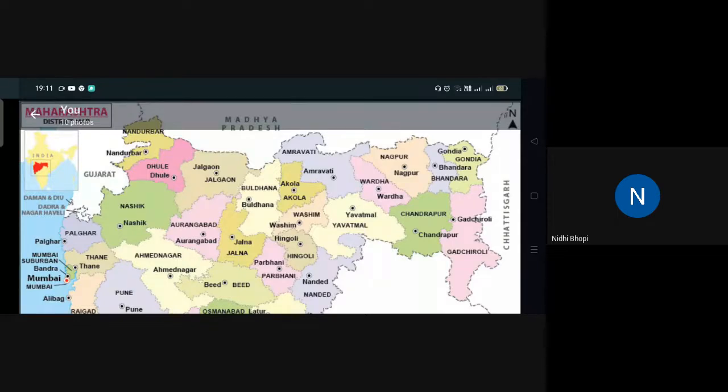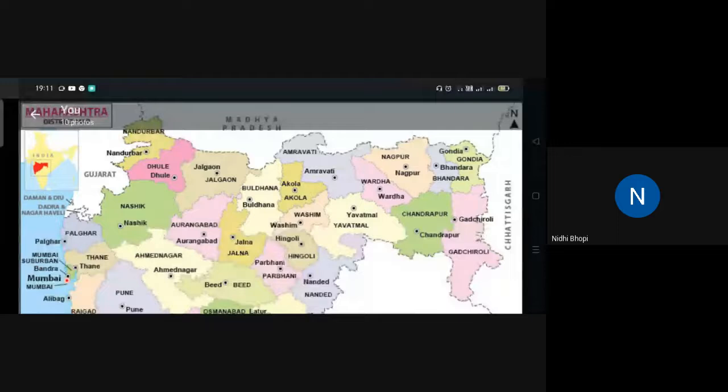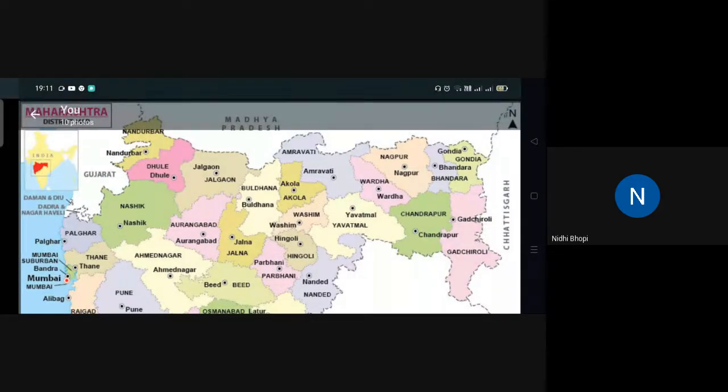Like political is there, physical is there, then the crops grown, then the minerals found. All these are there in standard 9th. Now you can see all the districts of Maharashtra. There are 36 जिल्हे आहेत. 36 districts are there. Out of that, 35 we know, and Mumbai is not a district,